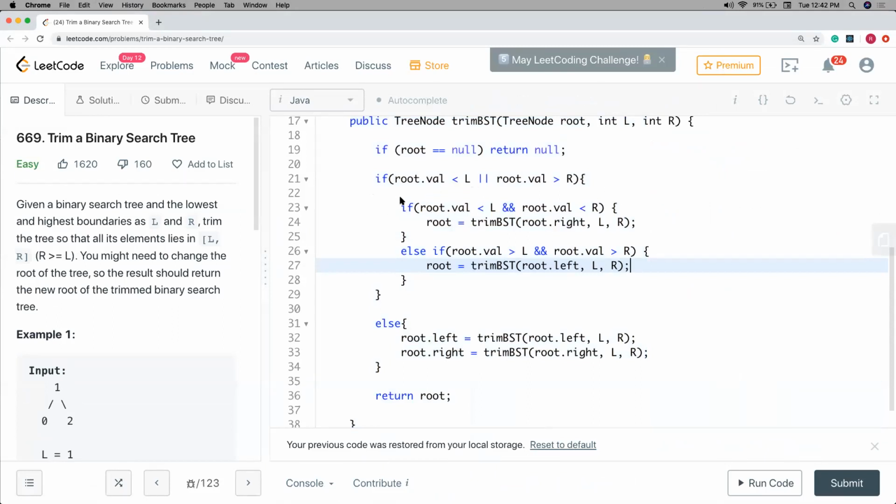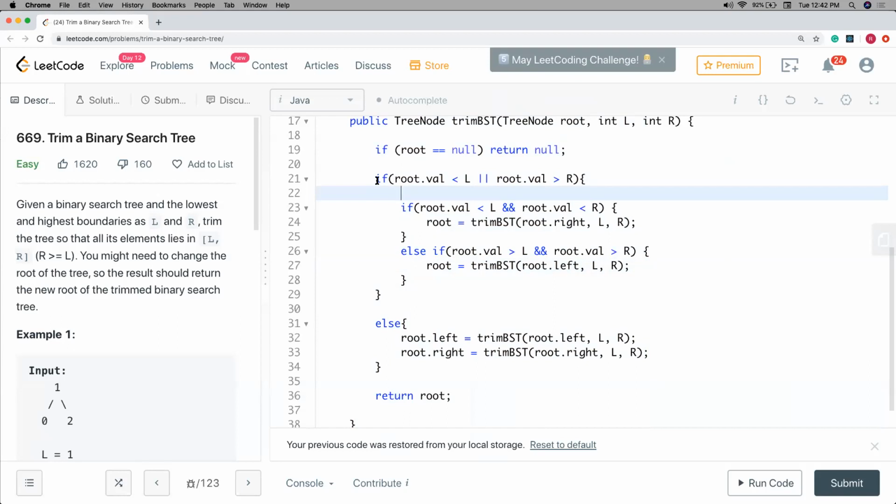So what I'm doing over... Yeah, go ahead. So I was saying that I have not seen the solution which you have told already. I have just joined. So my answer was just that if root value is less than left, then return trimBST of root right.